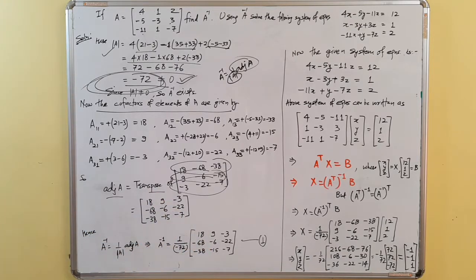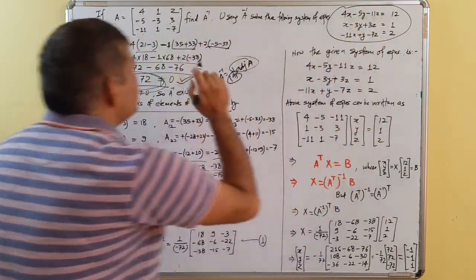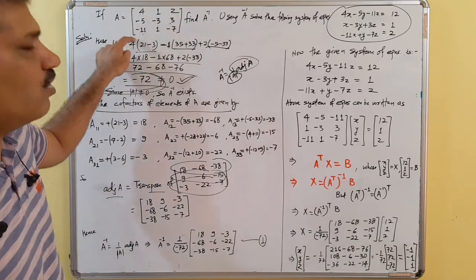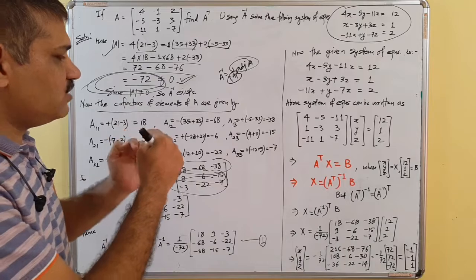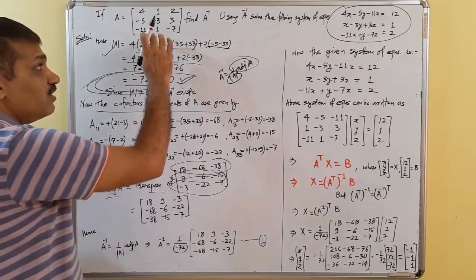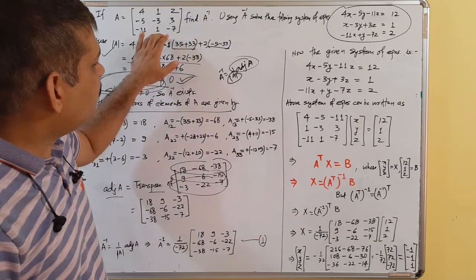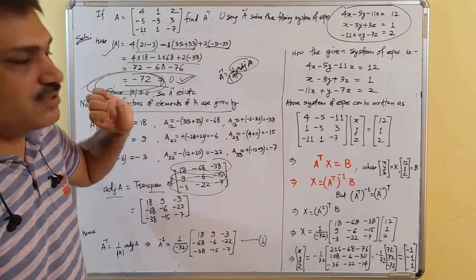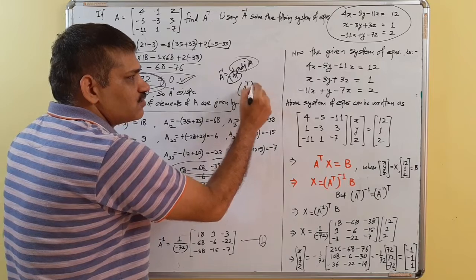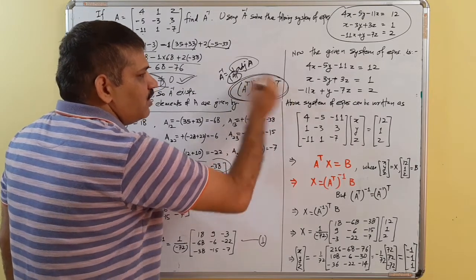This is equation 1. Now the system of linear equations, if you try to find 4, minus 5, minus 11, actually 4, minus 5, minus 11 is not in the first row but in the first column. That is what the question is all about. See, here we are given A inverse, and we are to use the inverse of the transpose of this matrix. And there is a very important property: A transpose inverse is equal to A inverse transpose. That we are going to use.